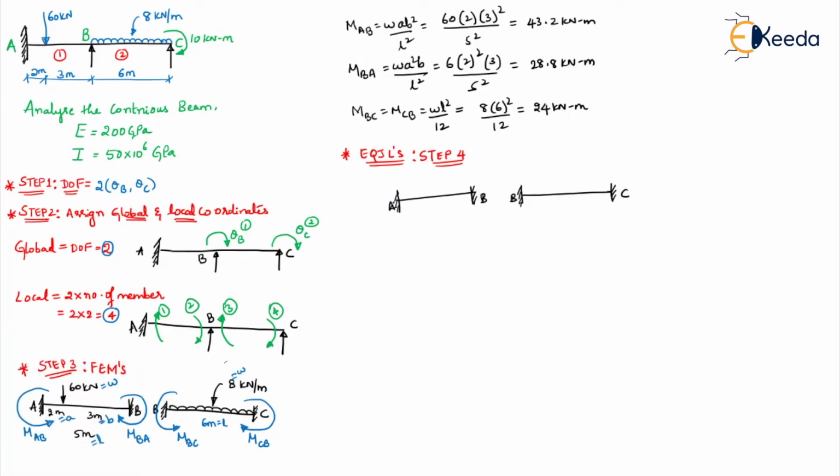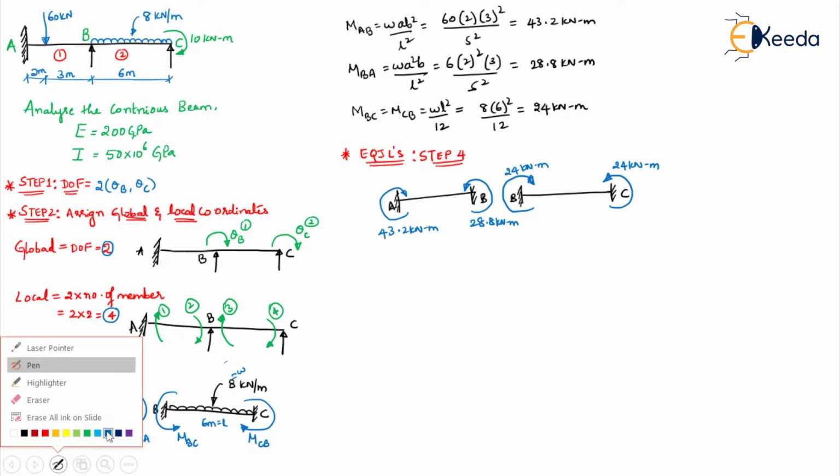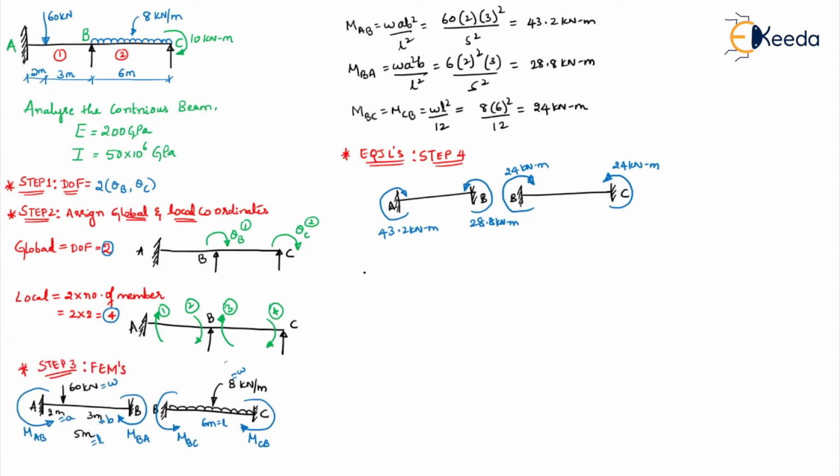here see this is lifting the beam up, your fixed end moment. So this will be in opposite direction like this. This also will be in opposite direction like this. This is 43.2 kilonewton meter and this is 28.8 kilonewton meter. Coming here, this is also lifting beam up, so opposite direction. How much? 24 kilonewton meter. This will also be 24 kilonewton meter. Okay, these are your EQJLs. As I told you, you don't have to find your vertical reactions in this case.